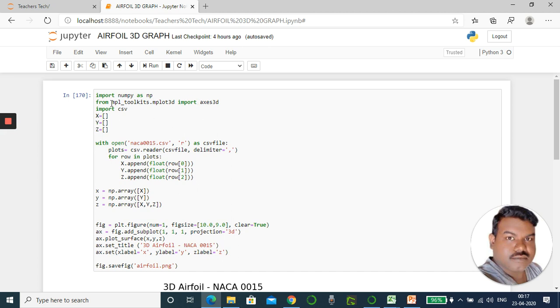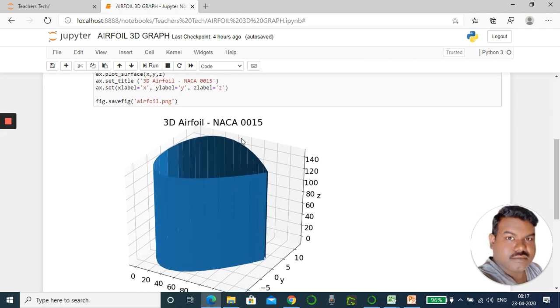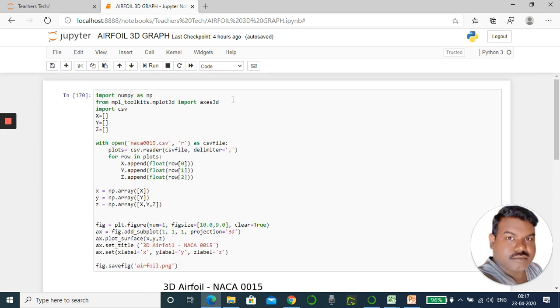Similarly, I am going to import a command for plotting the graph. For plotting this graph, this particular Axes3D is needed, so we have to import it. Then we have to import csv. We are downloading the file in CSV format, and to access that CSV file in Python, you have to write this command: import csv.